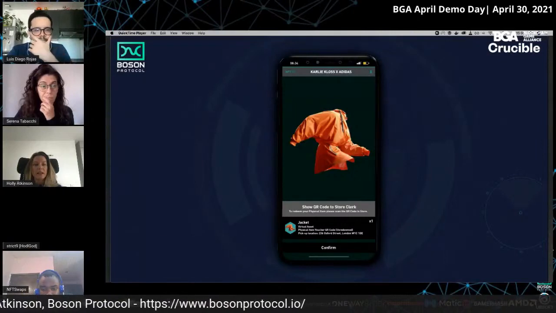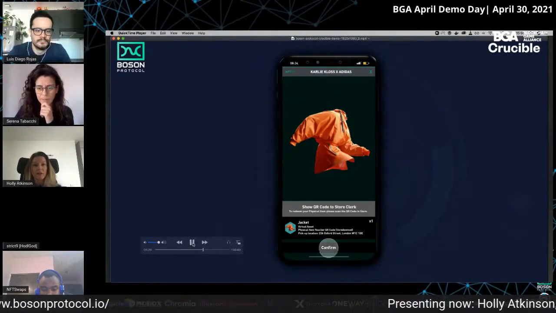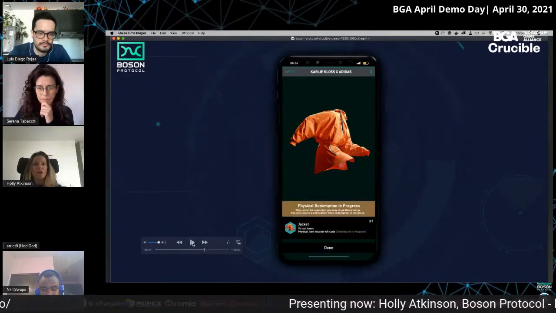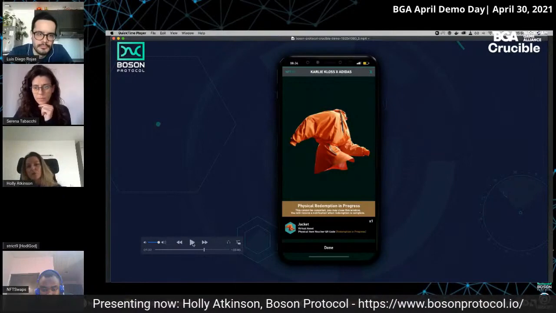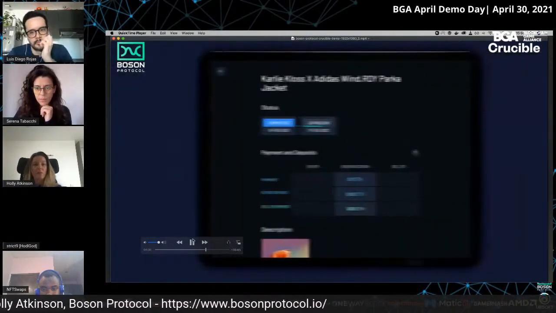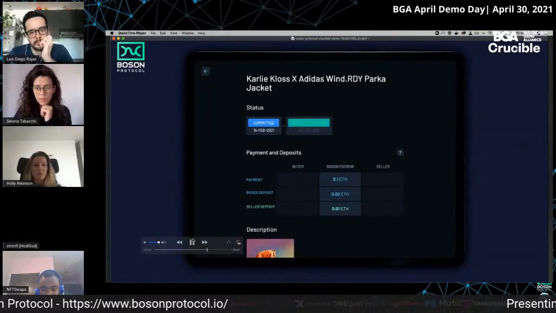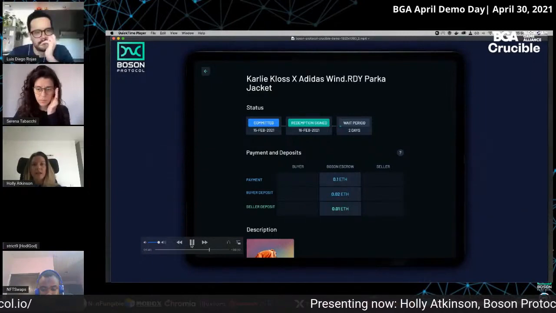So if the player is then happy to proceed with their collection of the jacket, they can hit confirm. And this shows them a signed redemption message. And at the same time, the store clerk can see a new message on their side confirming that the buyer's commitment token has been redeemed and the payment amount has been transferred to the seller's account.